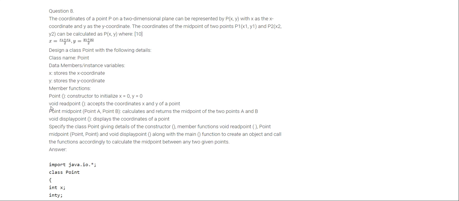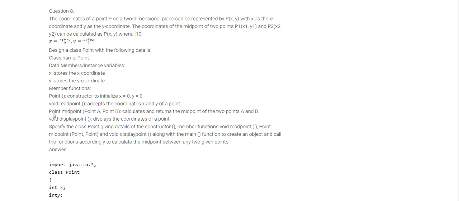Now the first method, its name is readPoint. It accepts the coordinates x and y of a point. Another very important method is midpoint. The method name is midpoint, and it will return a class type of value, meaning Point.